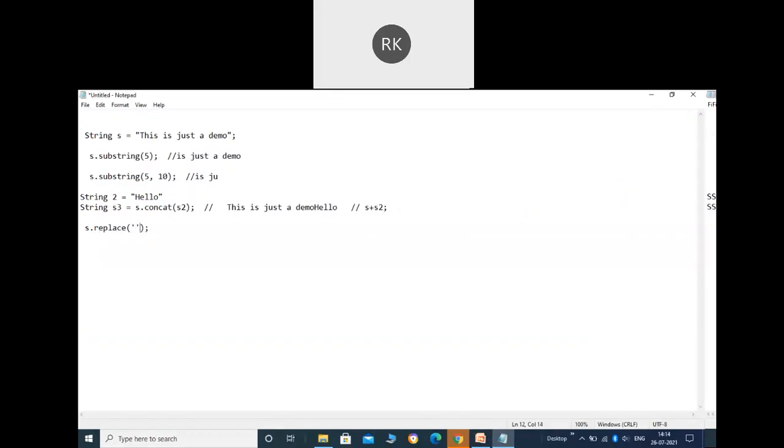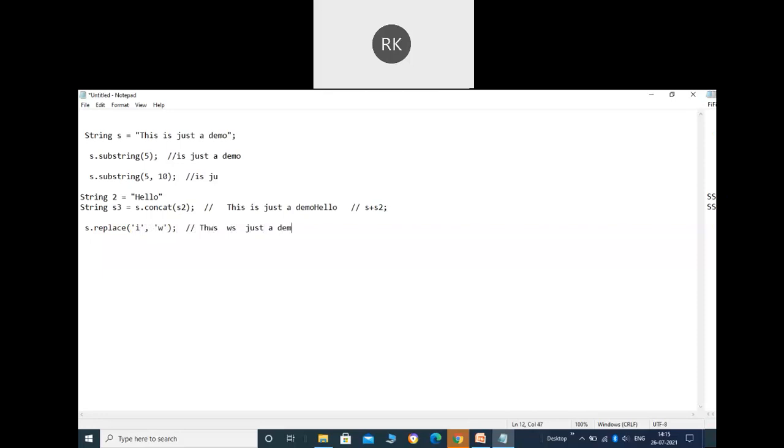Let's suppose I want to replace I with W. In that case, what will be the answer? In place of I, you will have W each time.